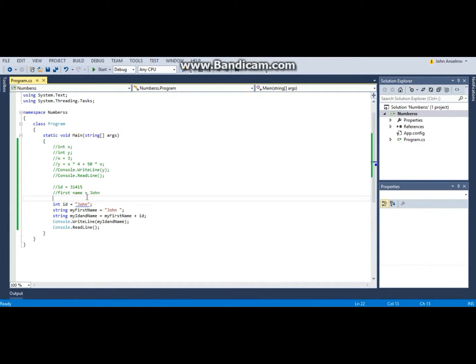Alright, so yeah, it makes sure that it is set to an integer. It makes sure that the console knows that the variable ID will be an integer. Otherwise, it thinks, oh no, I can't make the string John a number, pretty much because it's all letters. Alright, so the second